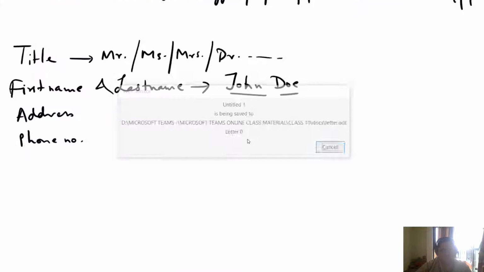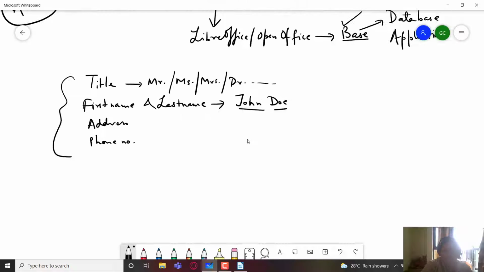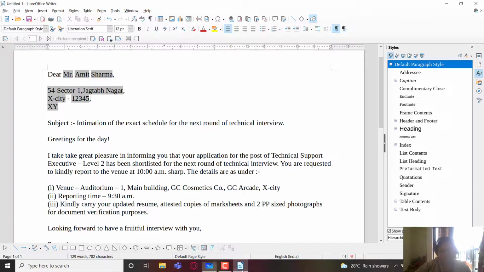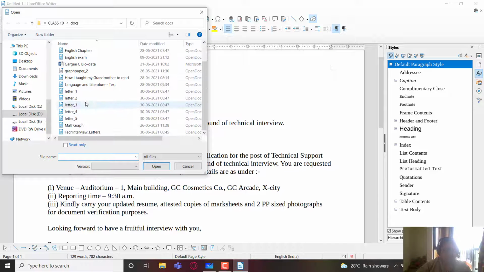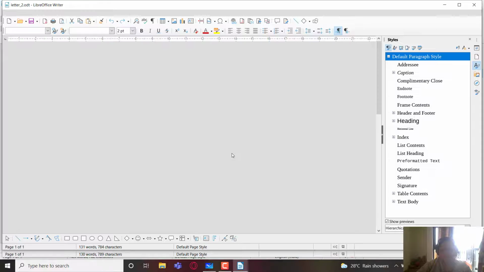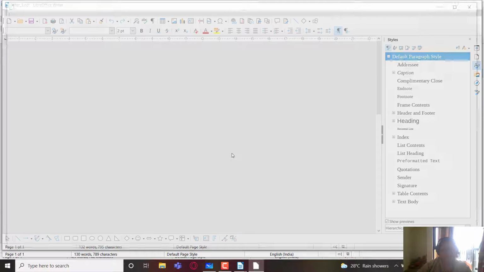So it is saving them as letter 1, letter 2 and so on. So if I now open it, you can see 5 different documents are created, and if we click on open, it will open all those 5 documents.